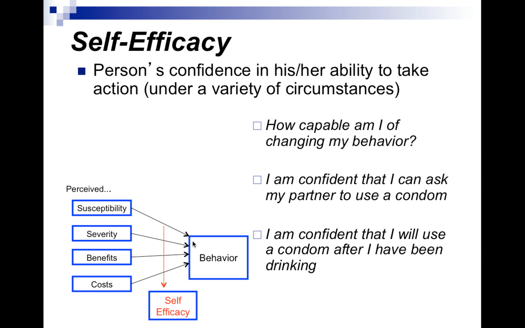And finally, another added aspect of the health belief model is self-efficacy, which was added to the model around 1988. Self-efficacy was added when lifestyle behavior change became a target of the model as opposed to one-time convenient events. Self-efficacy is a person's confidence in their ability to do things. So in terms of condom use, it might be their confidence in using a condom when they have sex, to stick to a low-fat, low-sugar diet even when they're tired, to exercise regularly even when they're busy, or to quit smoking even when they're drinking alcohol.